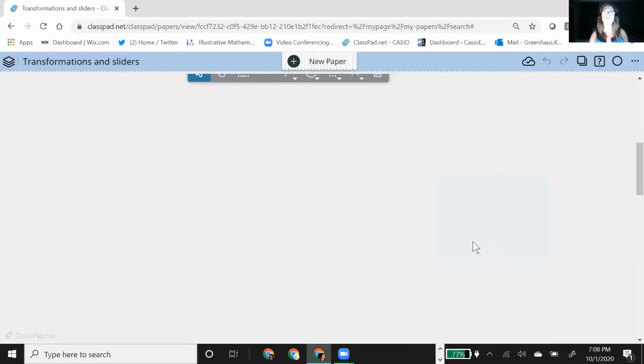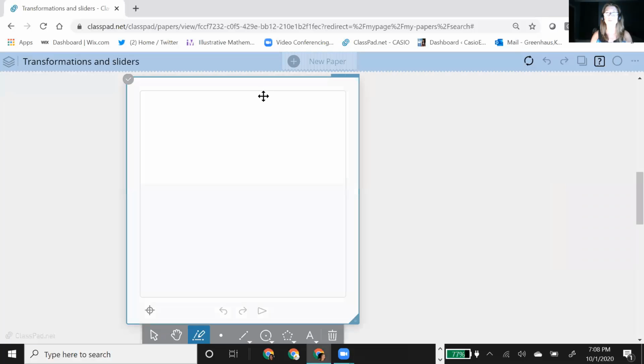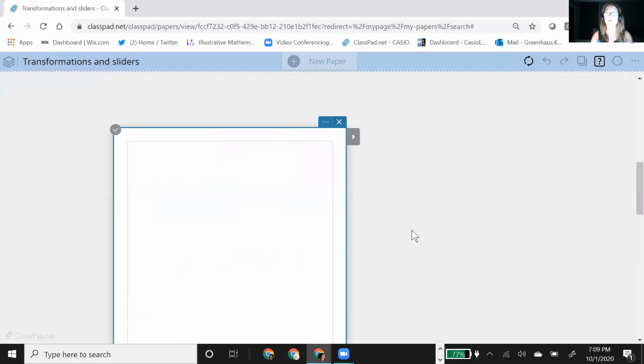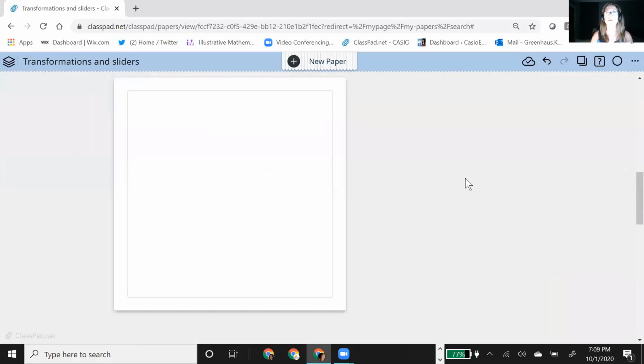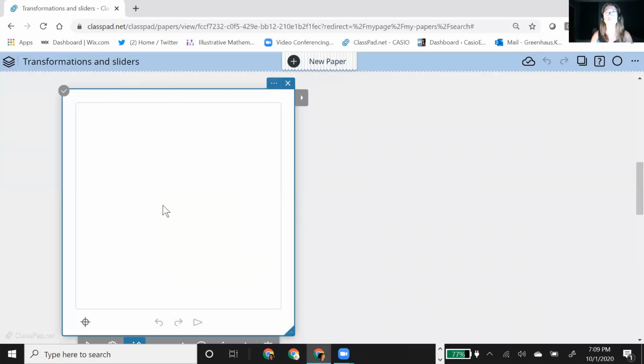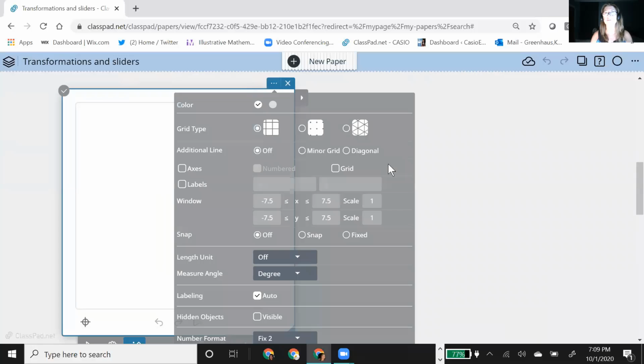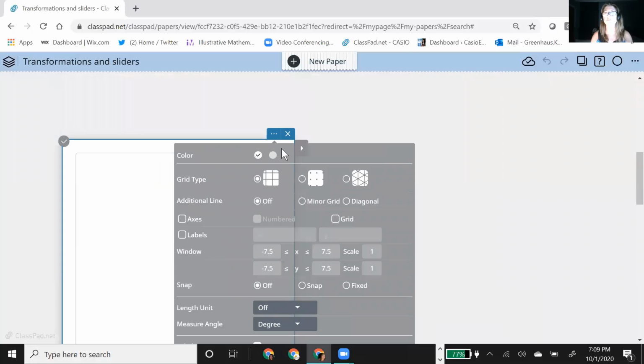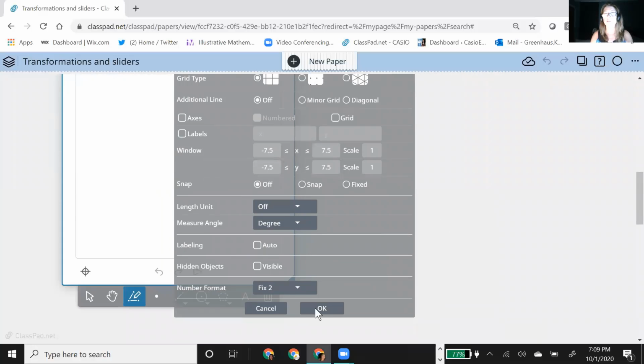And, all right, so I'm going to move down. And I want to just show you other ways you use it in geometry. So geometry is just a little bit different. I'm going to pull out a geometry sticky, for those of you who have not worked with it. Those of you who worked in the geometry sticky know that when you start drawing, it automatically labels. I tend to turn that off because I don't want the labels to get in the way of my discovery. So to do anything in any sticky, if you go to three dots, it's the settings. So here's all the things I can do. I can turn on grids. I'm going to turn off auto labeling. And so I'm going to hit OK.